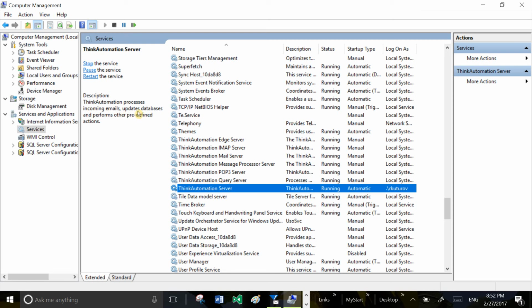Think Automation processes incoming emails, updates database, and performs other predefined actions. So it updates the database. So this is the server that has to have sufficient privileges to open the database, and since we connect to the database using the credentials of the logged in user, of the user logged into this computer,